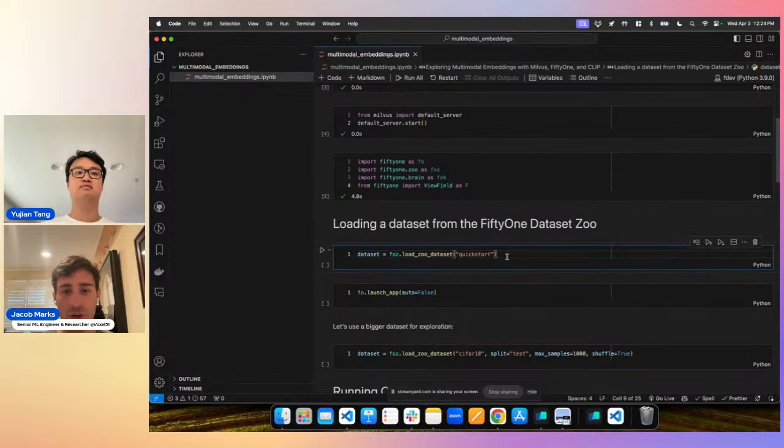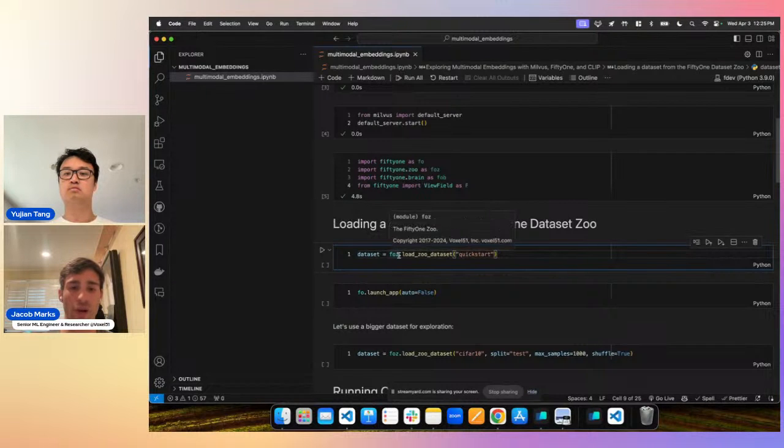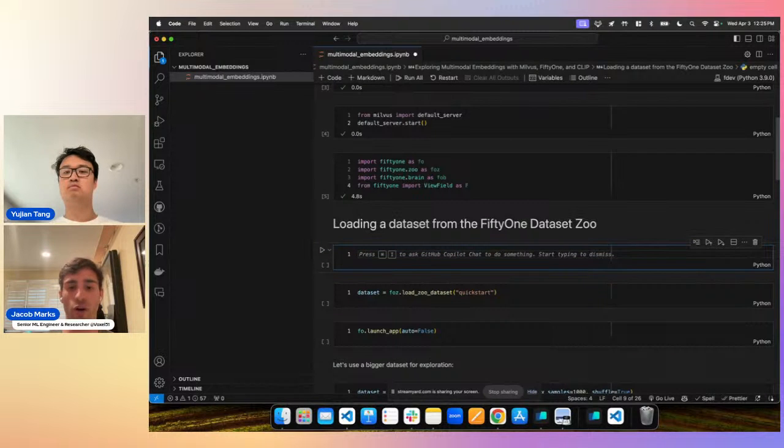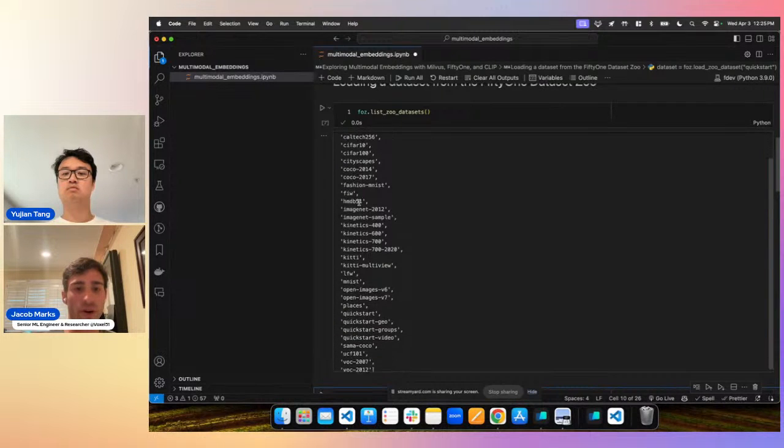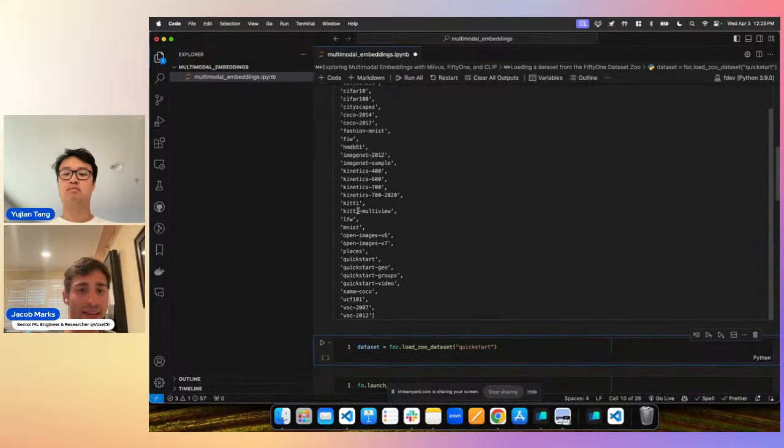If you're working with Torch, if you've seen the Torch data utils, there's built-in support for loading things like MNIST or CIFAR or common datasets and other types of modalities. FiftyOne has the same thing. We have this concept of the zoo, which has a bunch of datasets and models that are already loadable from it. We can see some of those with this list zoo datasets command. And you can see there's things like BDD, Caltech, Coco, ImageNet, KITTI, Open Images.